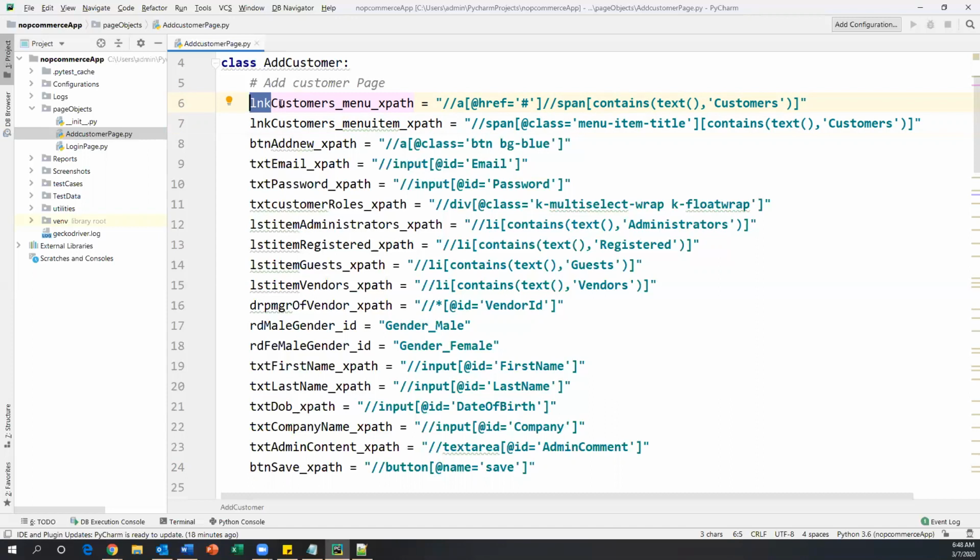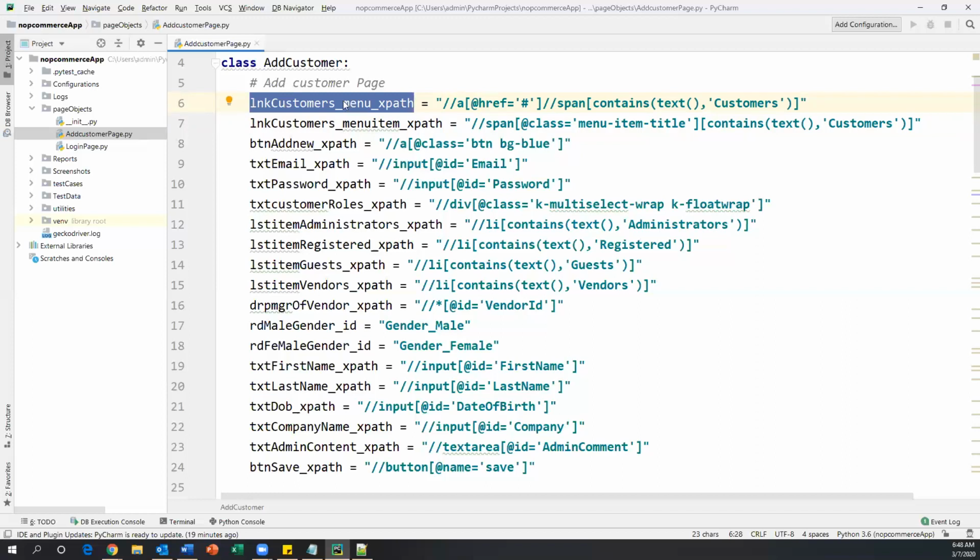Then customers underscore menu underscore XPath. At the end of the variable, specify the exact locator you have used, whether it is XPath, ID, CSS selector, or name. You have to specify that within the variable itself. XPath I have used here, so I say XPath.